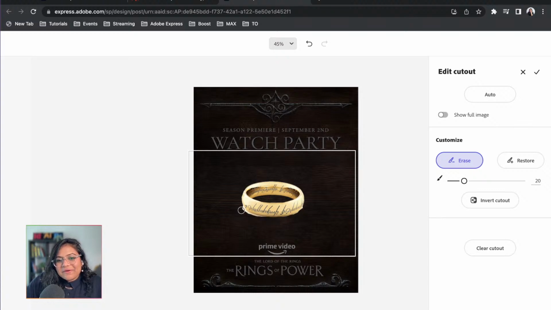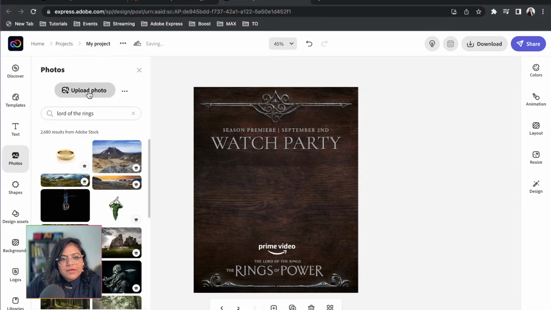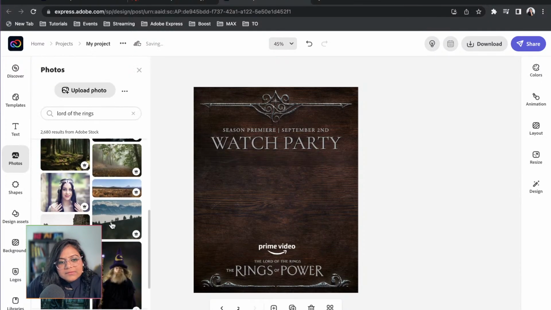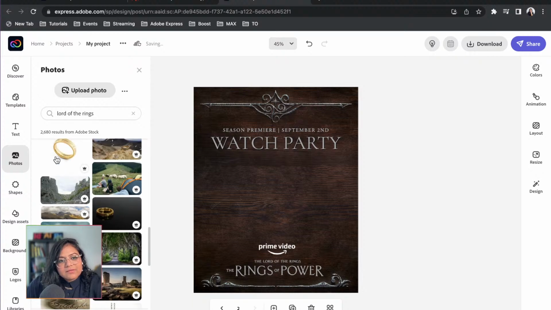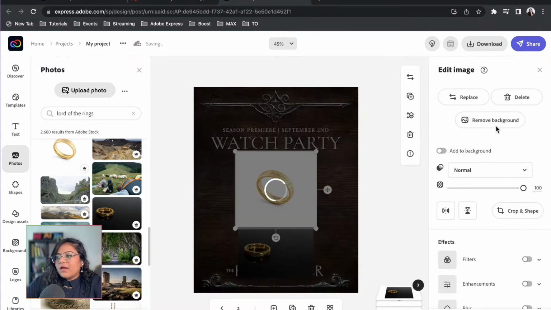But the thing about Adobe Express is that you can use Creative Cloud libraries, and if you think that something is not perfect because you're such a perfectionist, I'm going to click out of this and use another image, to be honest, because I don't need this reflection. Okay, so I'm going to use something else. Let's see if we have anything else here. Okay, this one could work, right? Yeah, I think this one could work, or maybe this one could work. Why don't we use both of these?